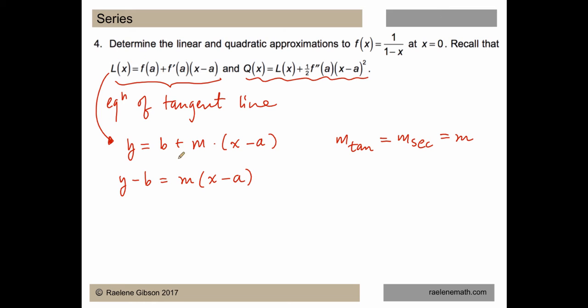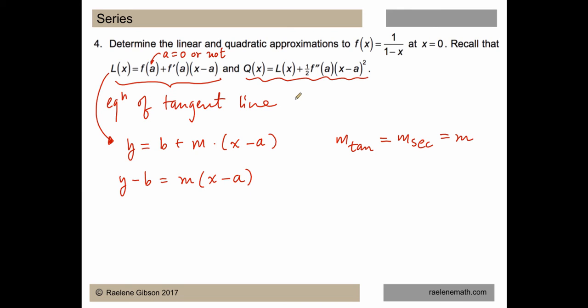Now, I should actually clarify, this b is not necessarily the y-intercept because it depends on whether the a value, the x-coordinate that we're substituting in, is 0 or not. If a is equal to 0, then the corresponding y value is the y-intercept, and then we wouldn't have any x value here. It would just be x minus 0. So this is really the point-slope form of a line,